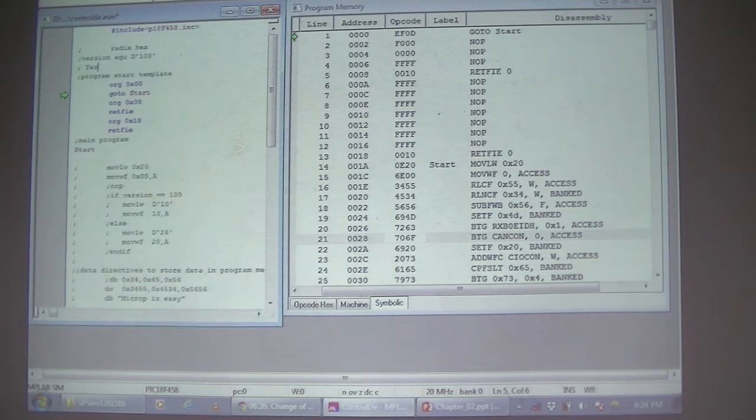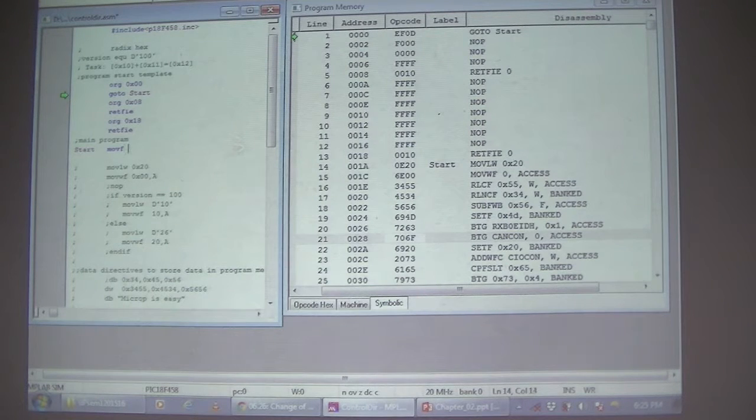Simple task. Okay. So the task that we want to do is we want to add the content of hex 10 with hex 11 and store the answer at hex 12. So usually how will we actually do this? We'll actually move